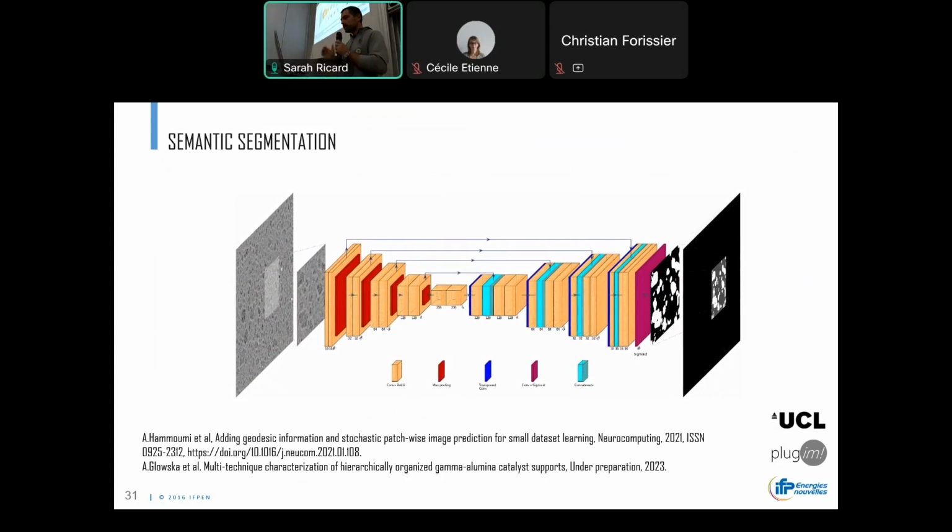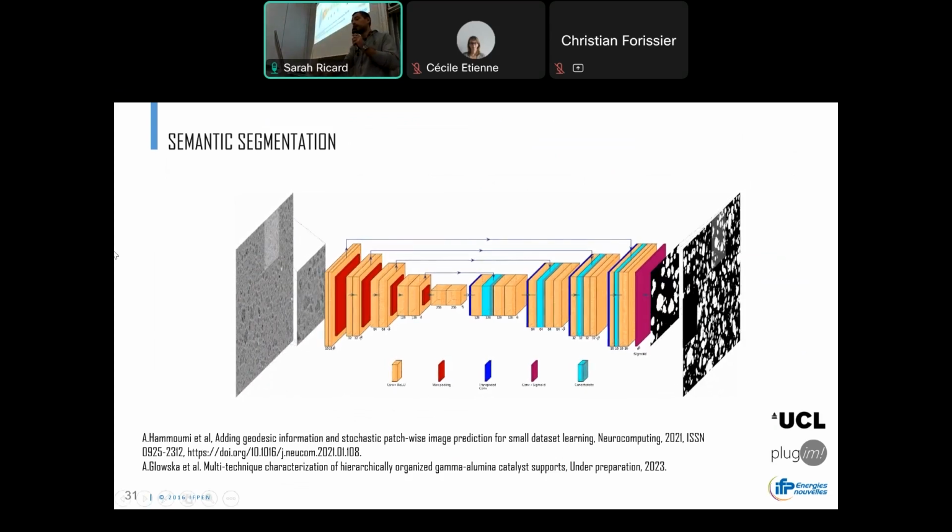So here, what is interesting also is that we use something specific to make the segmentation. We make the animation in this way. As you can see, we use some patches. Okay, we don't estimate the result directly from the image. We divide the image into small images that we call patches and make the prediction. This way to make the process increases the accuracy of the segmentation,